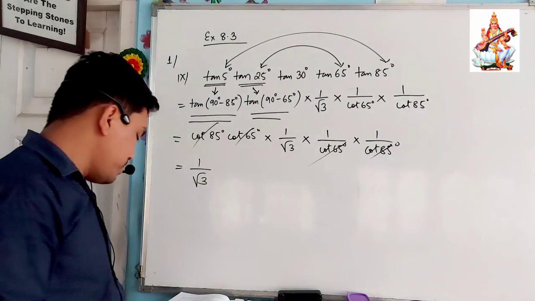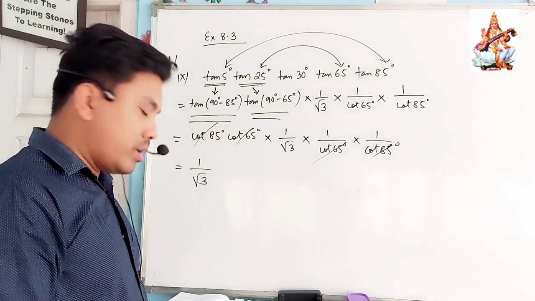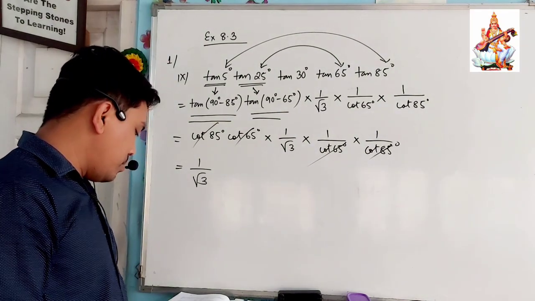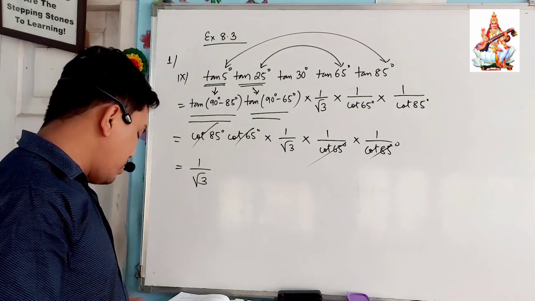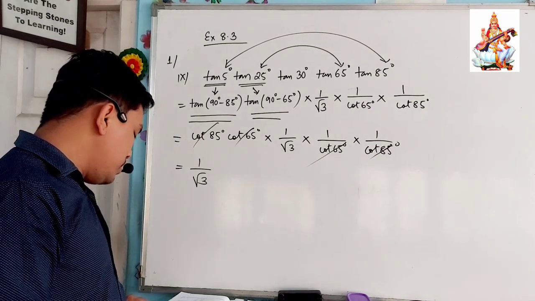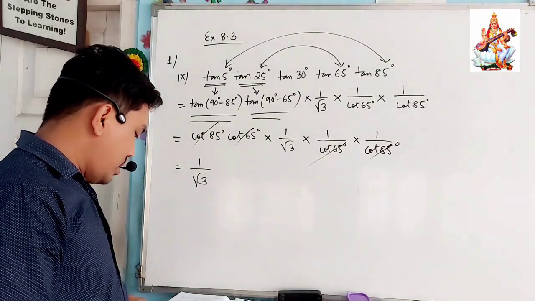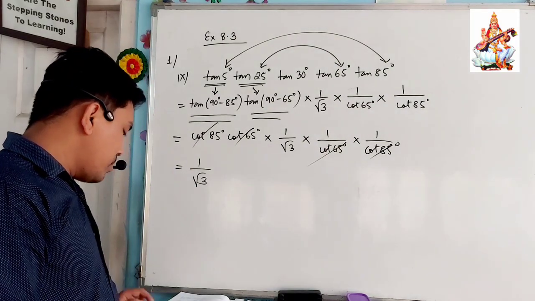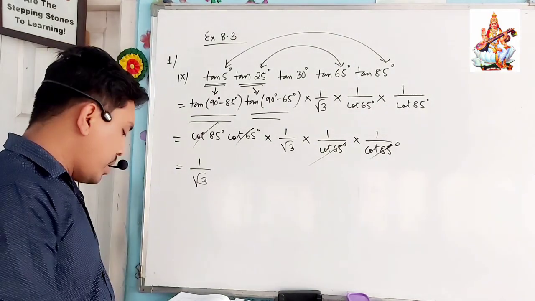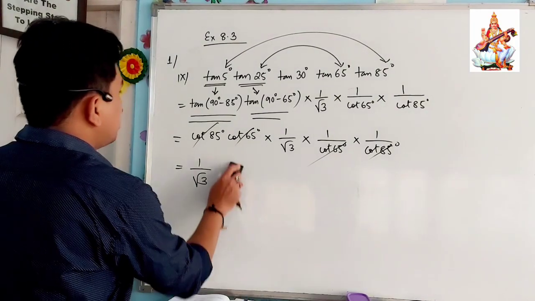Okay, it's very simple. Alright, now question number 2, you try it by yourself. Okay, question number 2, show that. Both the questions we have done from question number 2: number 1 is similar to question number 6 of number 1, and question number 2 is similar to question number 5 of number 1. So you try it by yourself, you have already done. Okay, now let's proceed to the next one.